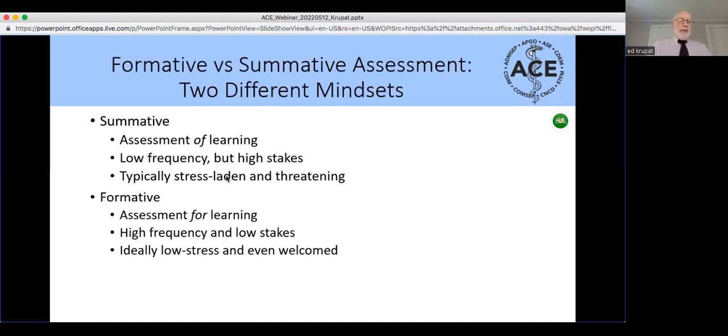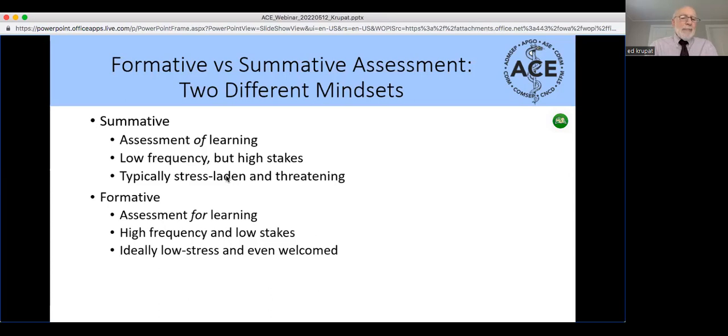To elaborate a little bit more on formative versus summative assessment, you could say that there are two worldviews, two mindsets, two whole ways of structuring what assessment is all about. There's a wonderful distinction that's been drawn between summative and formative, which is to say that summative assessment is the assessment of learning. What do you know? What can you do? Whereas formative assessment is assessment for learning. It's not so much to learn what you're able to do, but to make sure that through assessment, you're able to do things better.